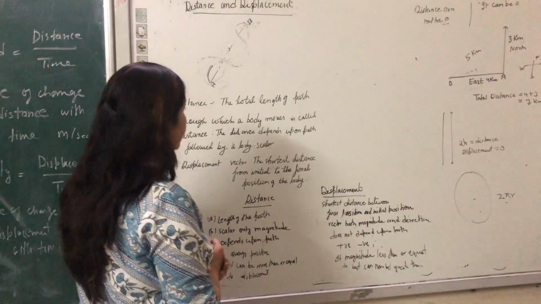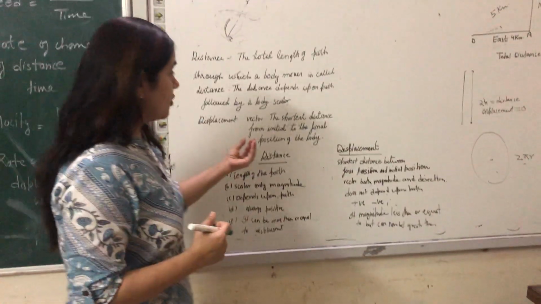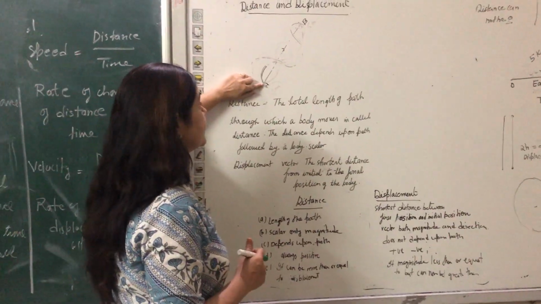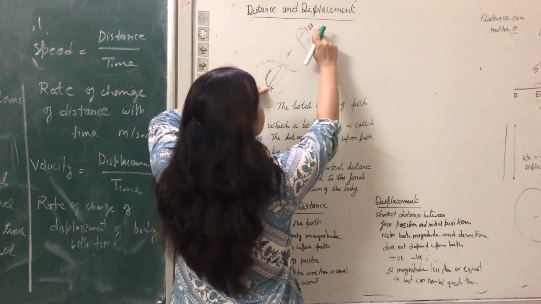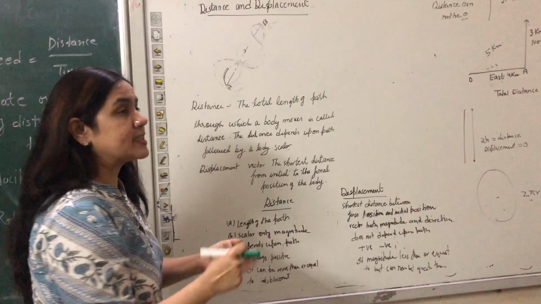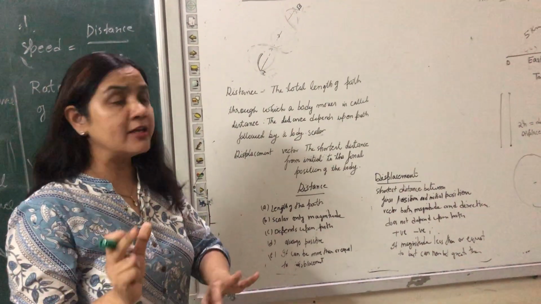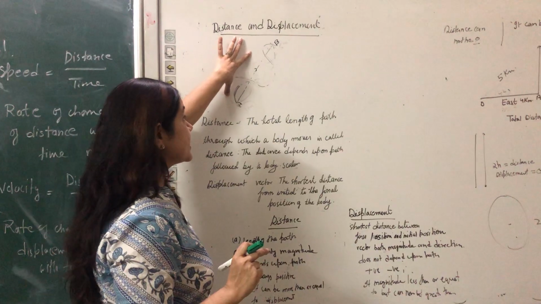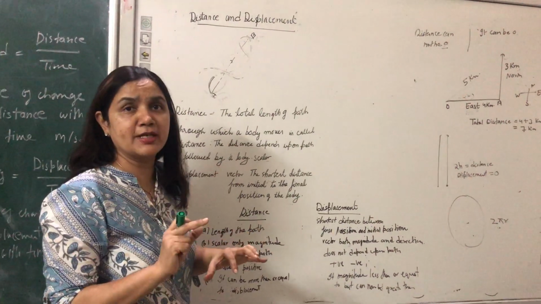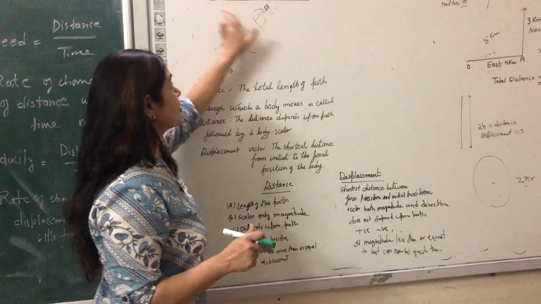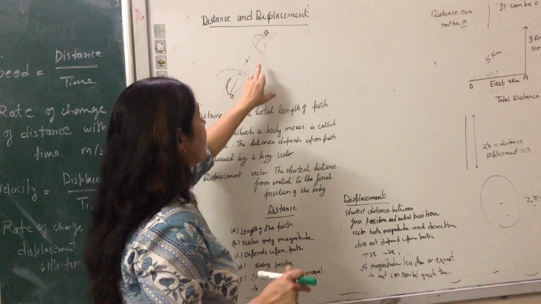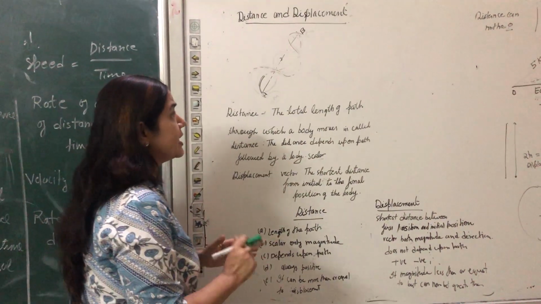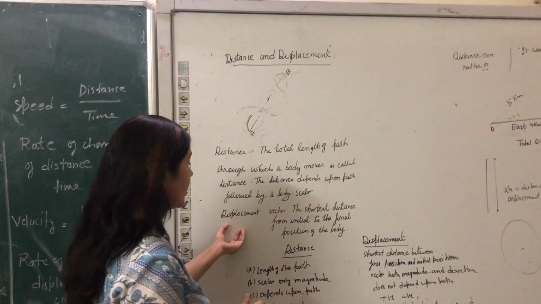Displacement is a vector quantity, and when we calculate the displacement, we always take the shortest distance from the initial to the final position. Suppose here it is 3 km and then 6 km. That means this displacement is independent of the path. Finally, you calculate the displacement by 6 km minus 3 km. So the displacement between A and B is 3 km. It doesn't matter whether he goes by this path or this path. You simply take the difference of these two positions, and it is a vector quantity. That means the direction is important in the case of displacement.